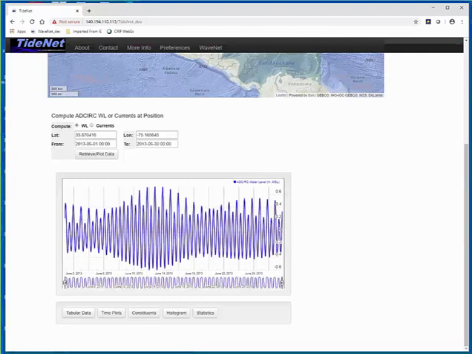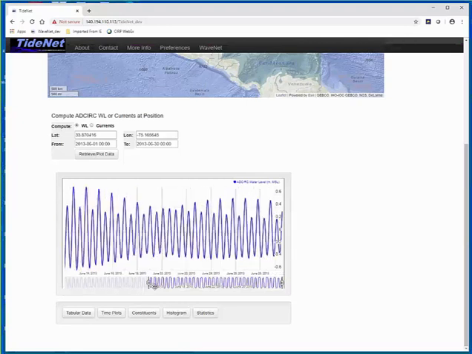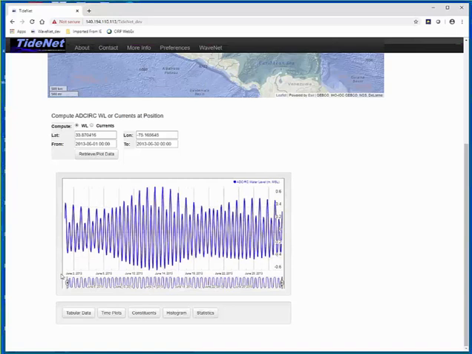Oh, by the way, I didn't show these sliders at the bottom. You can zoom into any of this and analyze signal characteristics. And if you move your cursor here, the system will tell you exactly the time, date, hour, and magnitude of the thing, and so on. So it comes very handy sometimes.